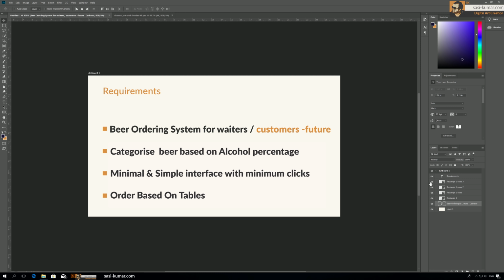So I think we are clear with the requirements now. We need all these 4, and it's going to work on iPhone screen. And we also need to consider something for future as well. So these are the requirements. Let's go to the next step,